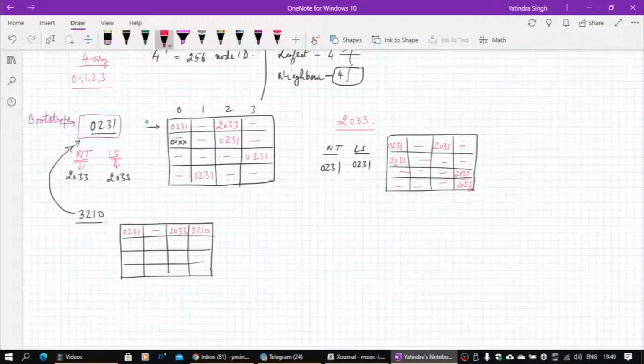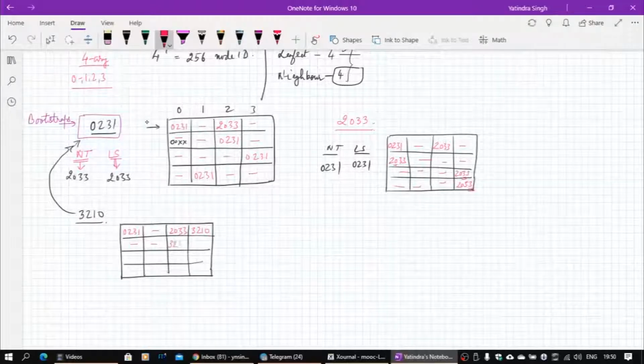Now the next row needs to have first digit 3, so there is no other node, so this routing table does not give any other information for him, so it will just keep it vacant. It only has got this routing table, not this one so far. So from this routing table these two entries are being populated by him. Now it will just maintain its own entry.